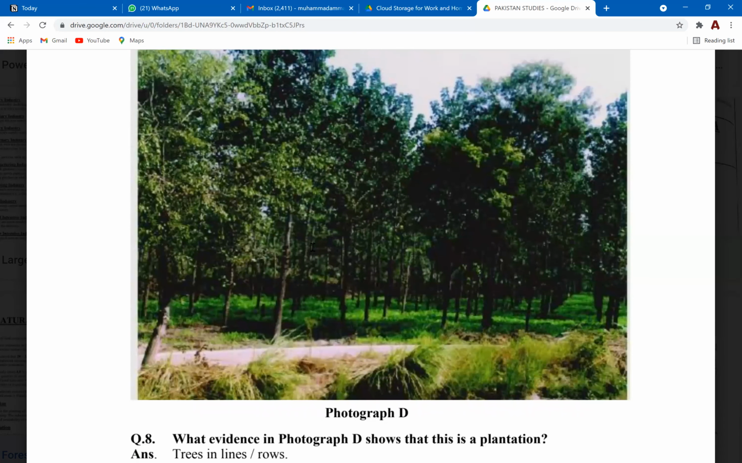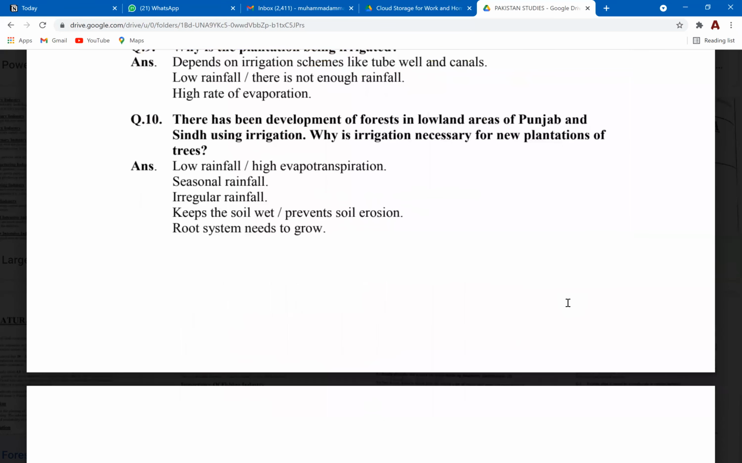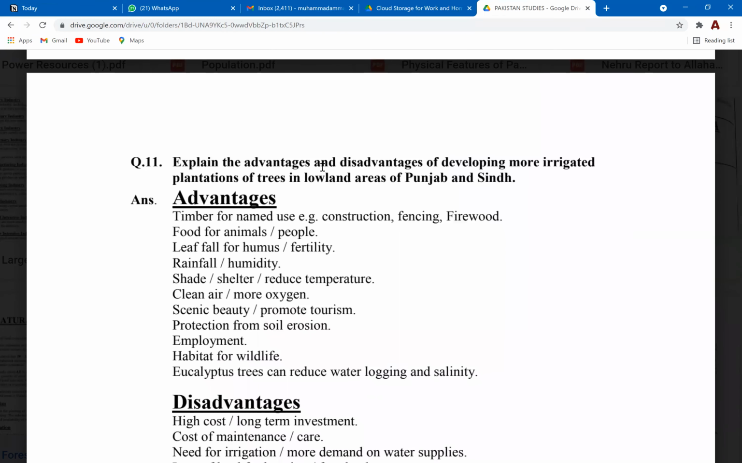See, this is an example of irrigated plantation. How did you see how these trees are arranged in a proper order? Let's look at this. Explain the advantages and the disadvantages of developing more irrigated plantations of trees in lowland areas